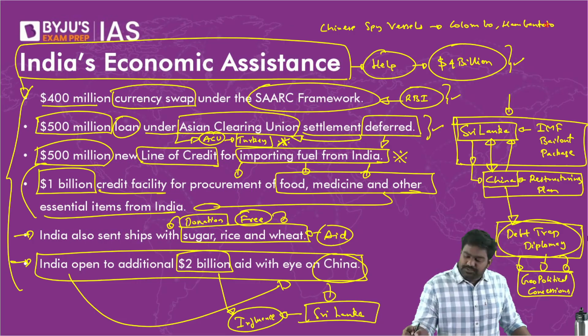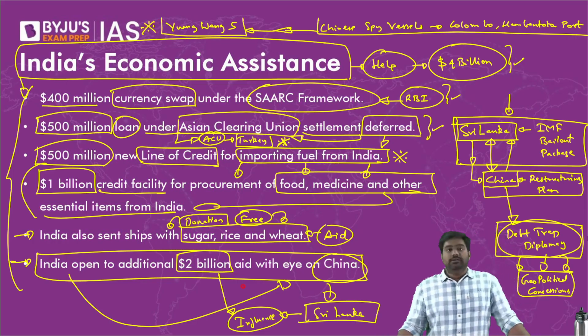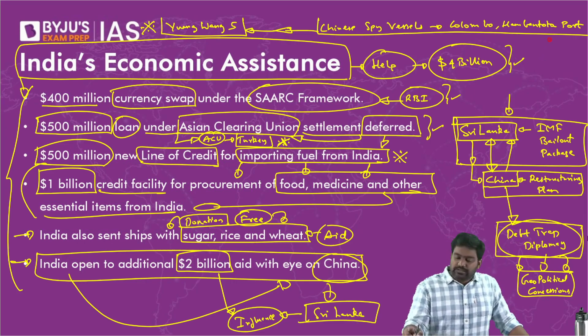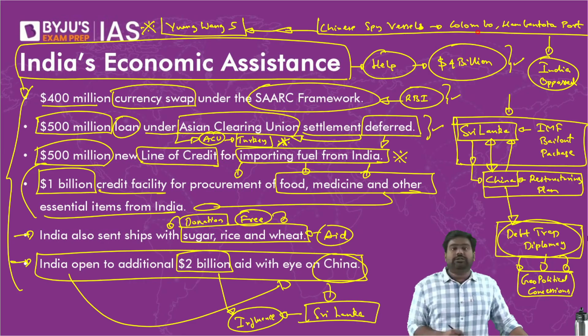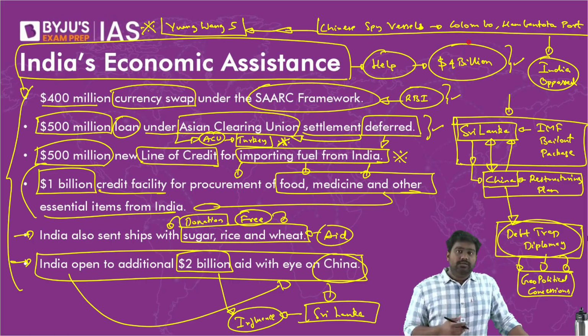In the last few months, you might have read in newspapers that a Chinese spy ship called the Yuan Wang 5, it can intercept communications, it can monitor satellites and missile launches. This spy vessel was brought to Sri Lankan waters, docked at Colombo and Hambantota, even though India opposed it. Recently as well, just a few weeks ago, another Chinese spy vessel was docked at Sri Lankan ports. India sees the presence of Chinese vessels as a threat. They are involved in spying and espionage, right?